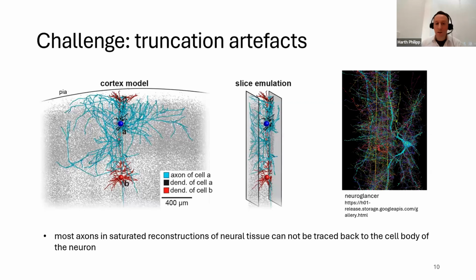This is also seen here in this chart from this human temporal cortex data set, where we see this light blue dendrite, which is within the slice, but we see that the axons cross from one side of the slice to the other side of the slice. And of course, they can't be traced back to their parenting soma, and we have no information what the role of this axon is.